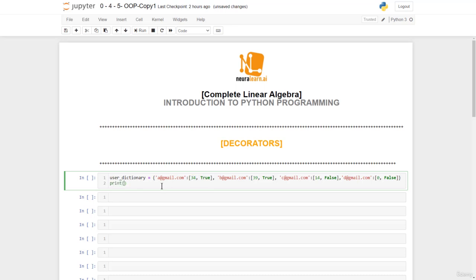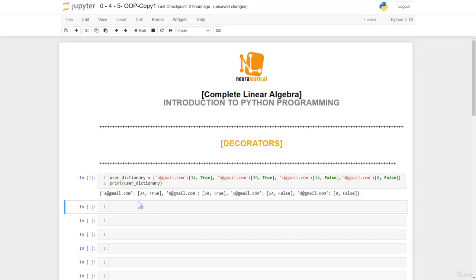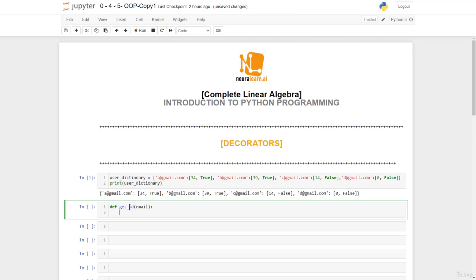We could print out this user dictionary. There we go. We can now define two functions, where the first function permits us to get the ID based on the email address. So here we have the ID based on the email. We have user of email, and then